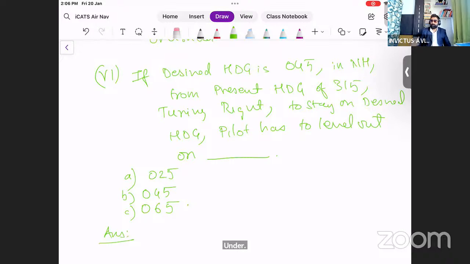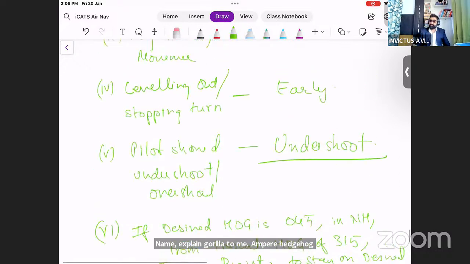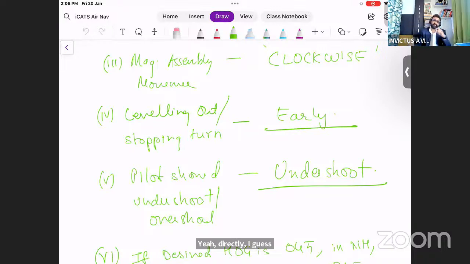Yes, 025. नहीं, एक्सप्लेन करो यार। तुम यहाँ पे रह जाओगे, तुम्हारे दिमाग में वही रहेगा। पायलट को भी अंडरशूट करना है, लेवल आउट भी अर्ली करना है, सारे हिंट दे रखे हैं। 065 क्यों लिख रहे हो बताओ? वो पहले वाले ही फंडा याद रख लिया क्या दिमाग में? अभी सारे उसी से करोगे, बट वो तो लेफ्ट हैंड टर्न के लिए था ना, राइट हैंड टर्न के लिए नहीं था।